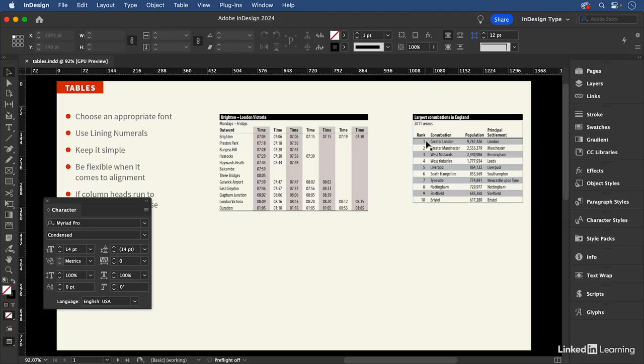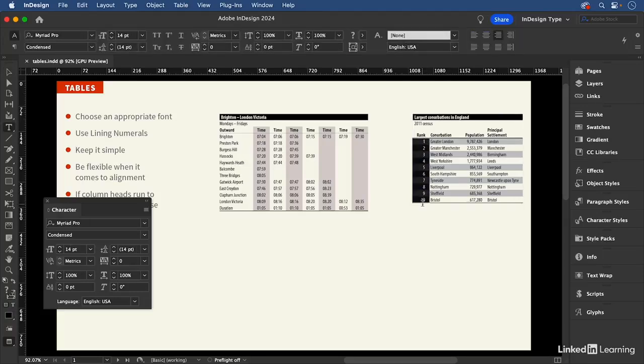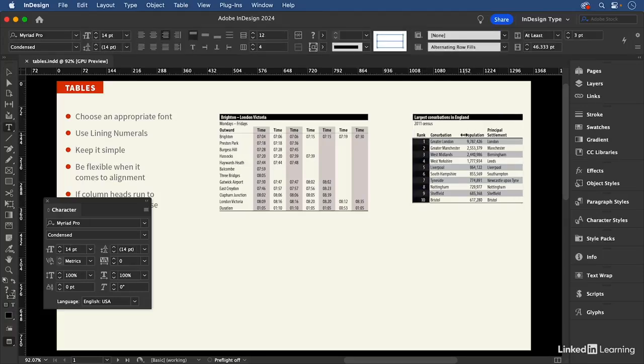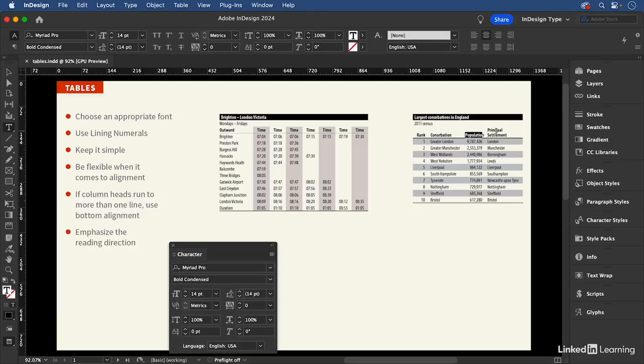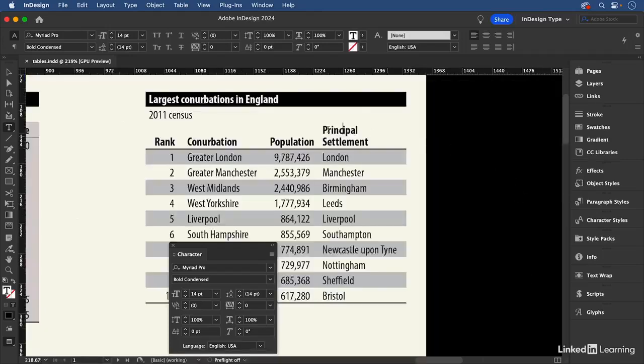In these two tables that we have here, I've got some text that's left aligned, I have some text that is centered, I have some text that's right aligned. You just need to choose the right alignment for the right column. So be flexible. Next, if your column heads run to more than one line, and here's an example right here,